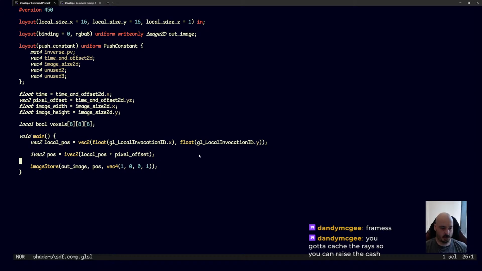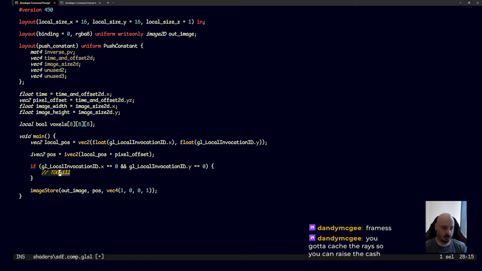So in the first one, we're going to do something like if gl_LocalInvocationID.x is 0, and I think there might be another, I think there might be an index, not just an ID. Invocation, God, I can't type. Anyway, we're basically just going to check if we're on the first one, and then we'll fill shared memory